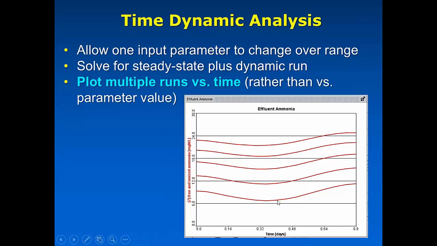You can specify how many you want, and each one of these is a different solution to the model. So we could have an influent flow here, and then we can step that up, and it plots the dynamic simulation. Again, this is now showing time, the thing that you're normally used to seeing. If you want to be able to see the individual dynamics of what's happening in your model, and you want to see that align for every one of the runs that you're doing,